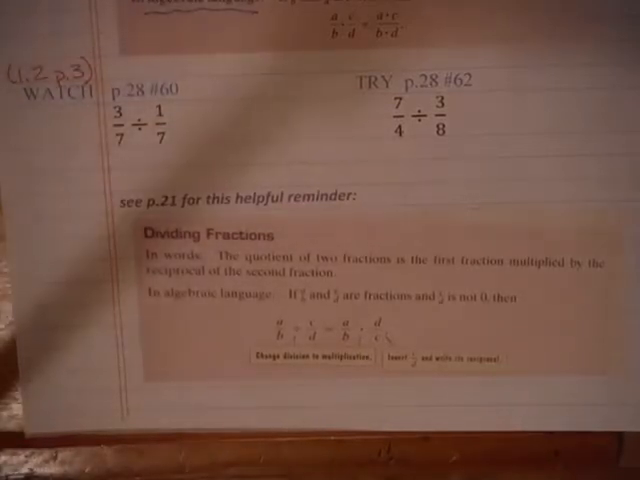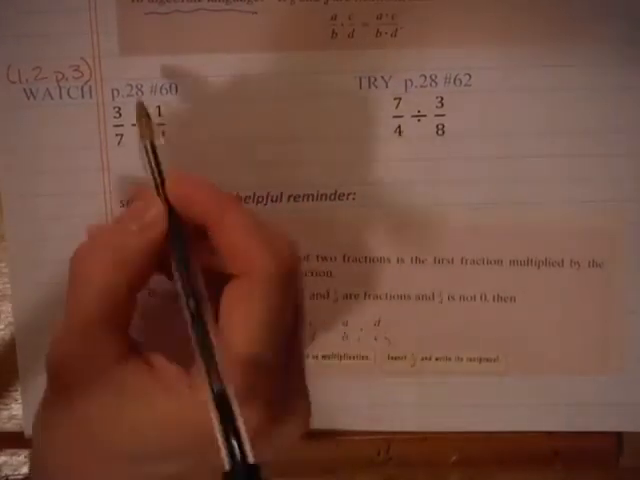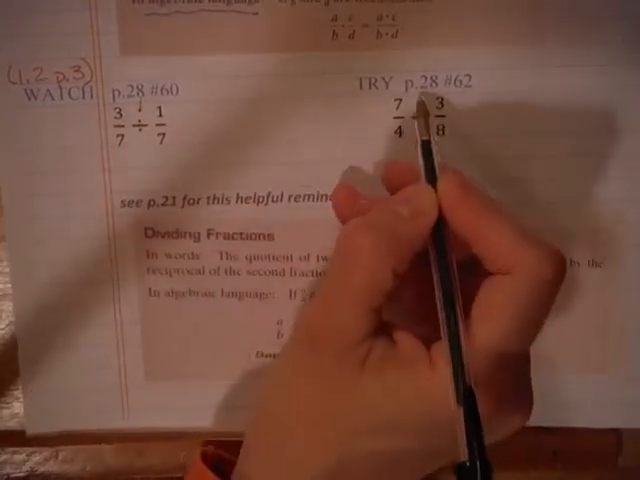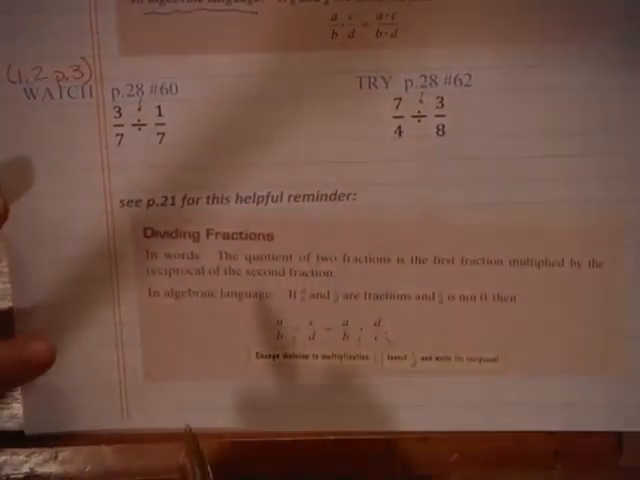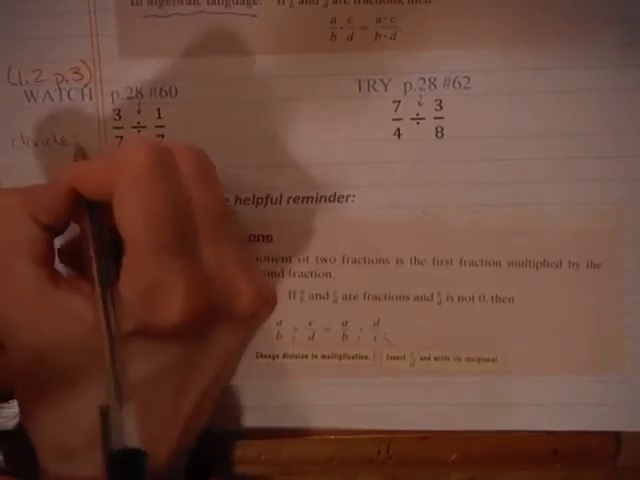Reduced to lowest terms. So we just need to pay attention to what they're asking us to do, and you can see the difference here is they're asking us to divide in both the example and the try problem here. So we're going to be able to divide,